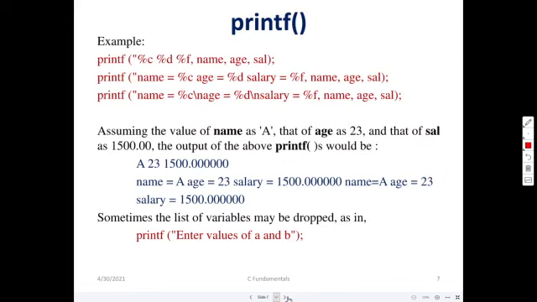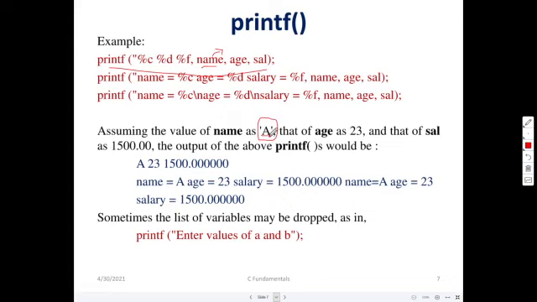So these are some of the examples: percentage D, percentage C, percentage D, percentage F. Name, age, salary. If name is a character, then it is only one character. Assuming the value of name as A, this is called a character constant, which should be available in single quotes.